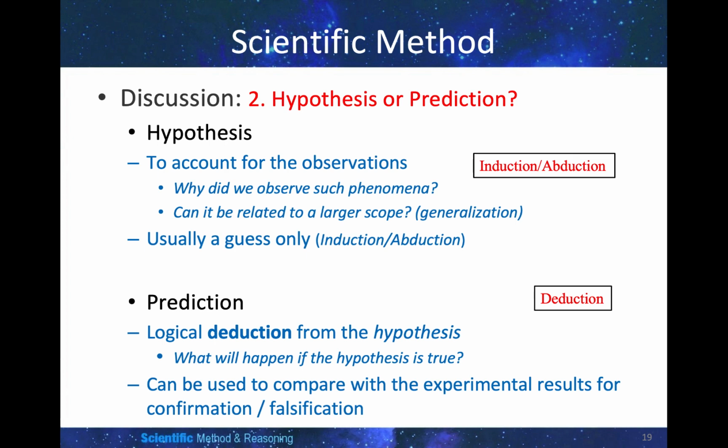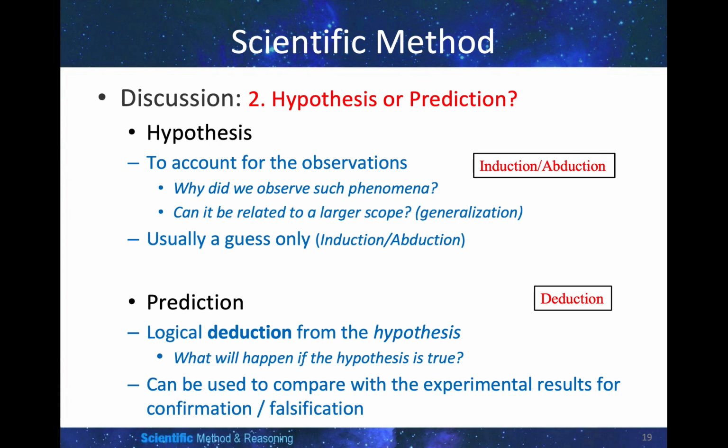Another common question is, what are the differences between hypothesis and prediction? Hypothesis is to account for the observations. Why did we observe such phenomena? Can it be generalized? It's usually a guess. That's why we say from observation to hypothesis is an induction or an abduction. For example, we observe that Dr. Eddie Lam goes to the washroom on Monday at 3 p.m., Tuesday at 3 p.m., and Wednesday at 3 p.m. Based on this small amount of observations, we tried to guess and generalize that he goes to the washroom every